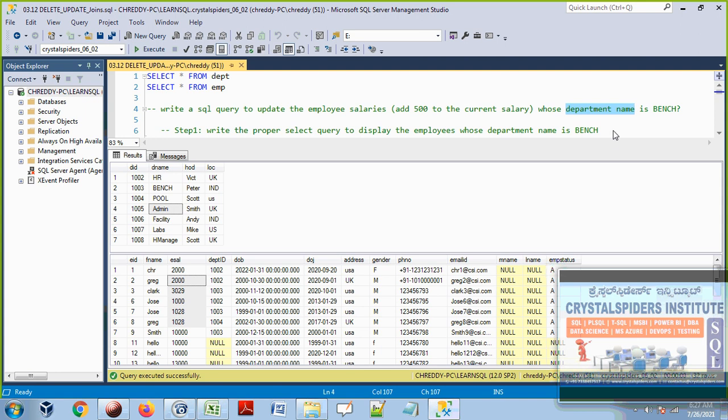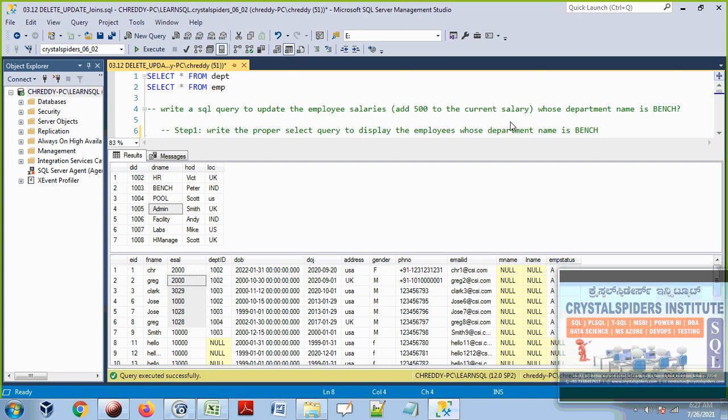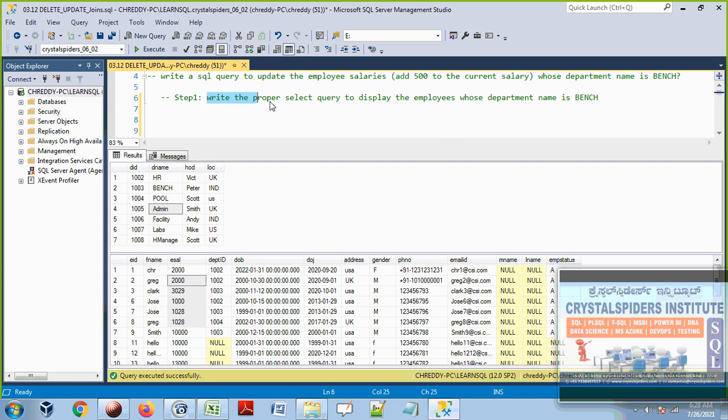So how do you do it? First, step 1: what do we need to write to achieve this type of requirement? Write the proper select query. Always, guys, when you have this type of thing, first write the proper select query to display the employees whose department name is bench. How do you get this data? We have to join these 2 tables.